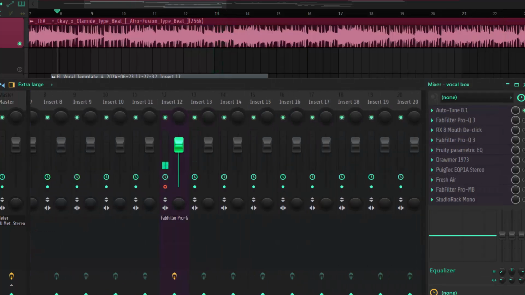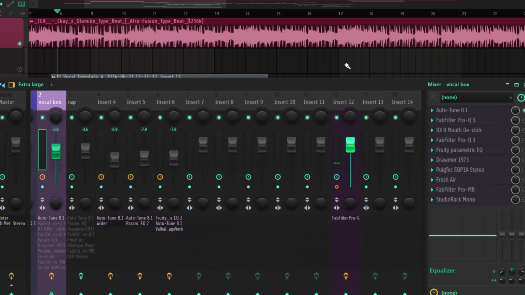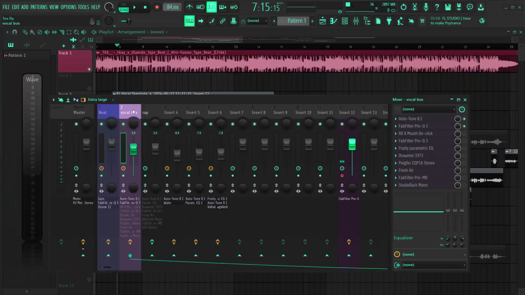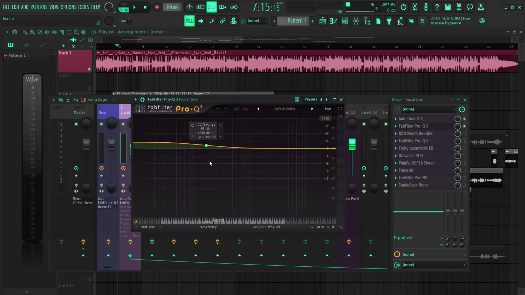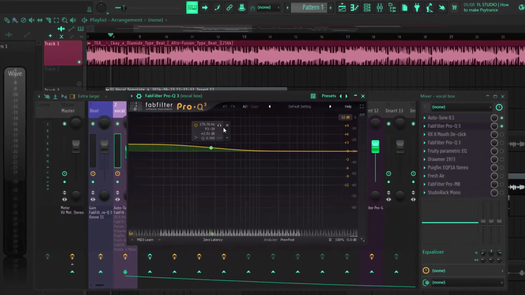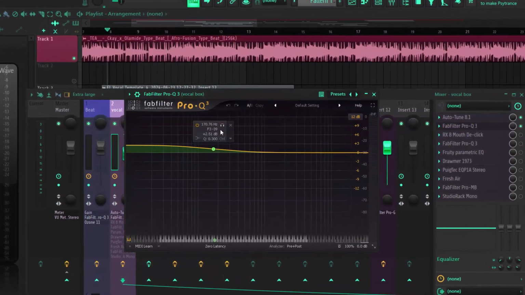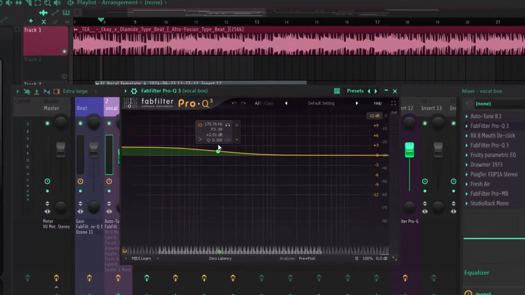So that was how it sounded with that, and that's my auto-tune done. The second thing I added to this is an EQ, and this is an EQ from FabFilter Pro. What I did here was I boosted the low end. And why am I boosting this? Because I feel like my vocal is a little bit thin, or it's not that thick, and it's somehow thin to me. So I decided to boost it about 2.51 dB at this end, and it sounds this way.